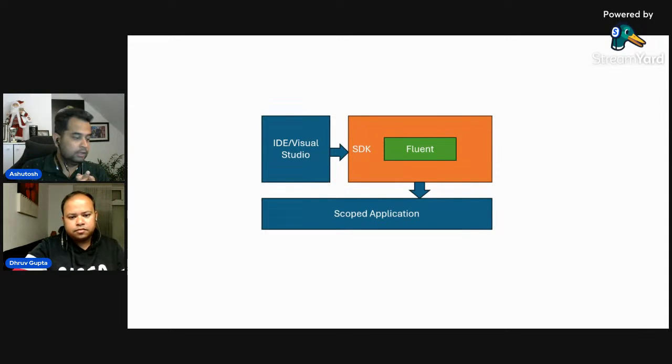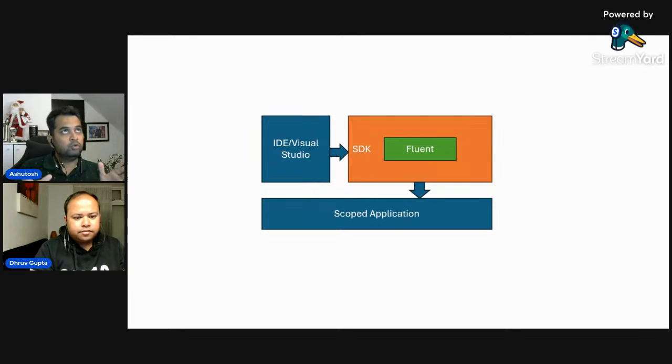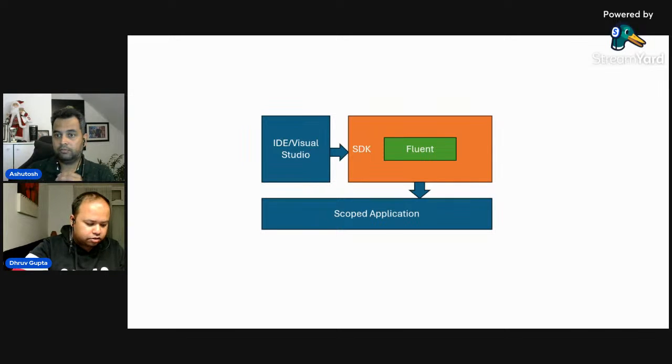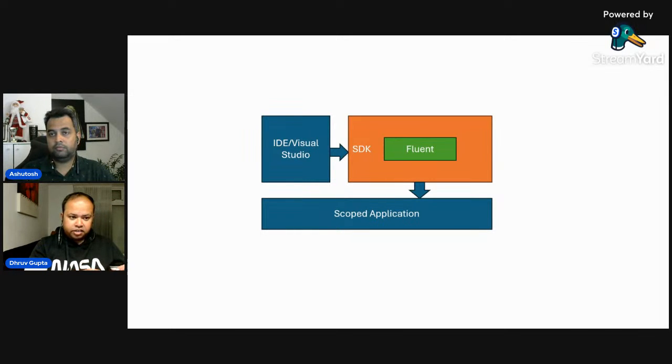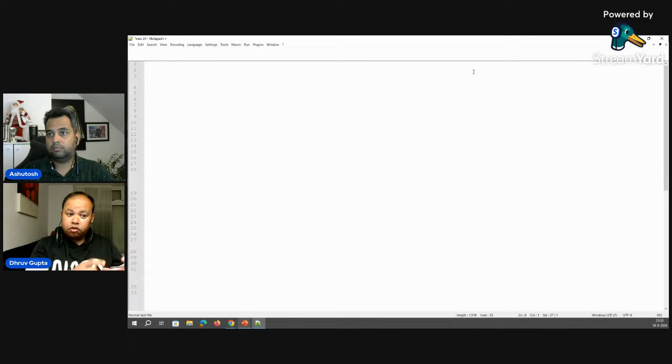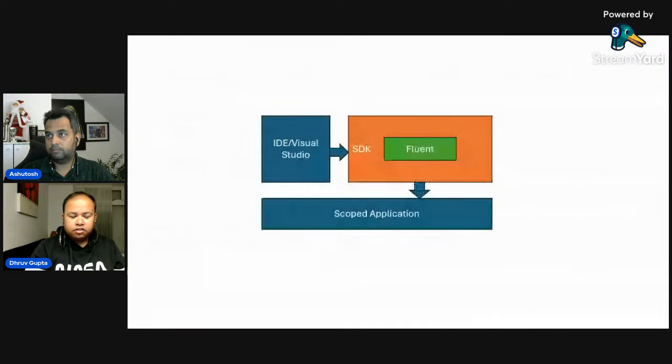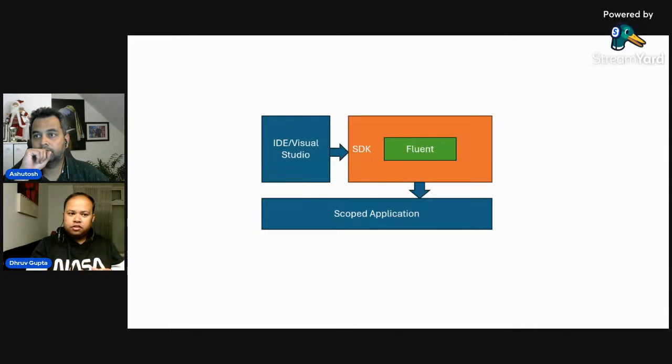So a question might arise then. Yeah, go ahead. Just to add on, Fluent is not a code, it's basically a representation of how your executables or components, the assets, would look like. Something similar to what you have in ServiceNow, where you see everything in an XML. So it's that kind of a representation. Not XML, it doesn't mean that it's going to replace the already existing components. It's something like when you compile